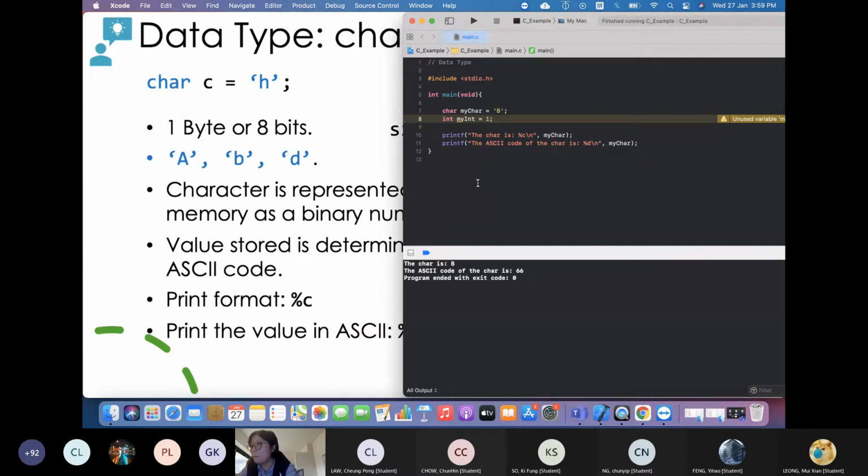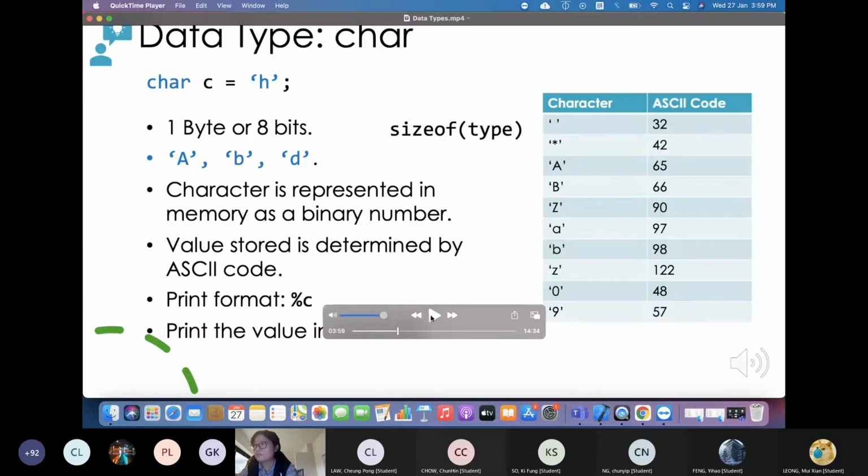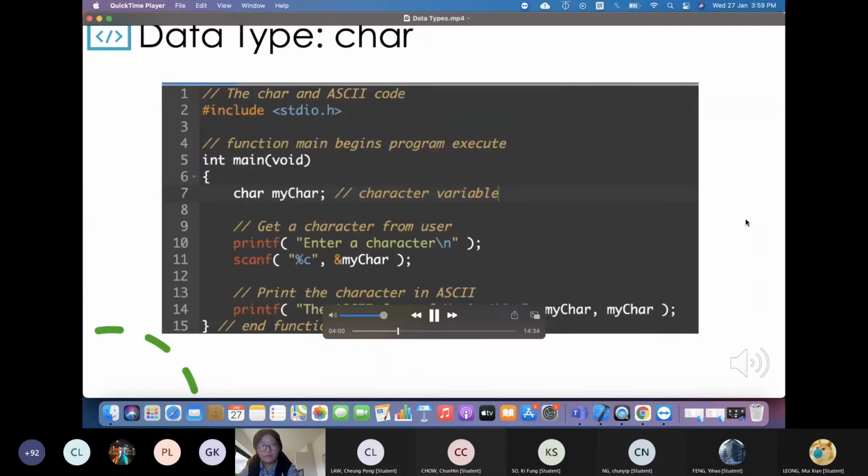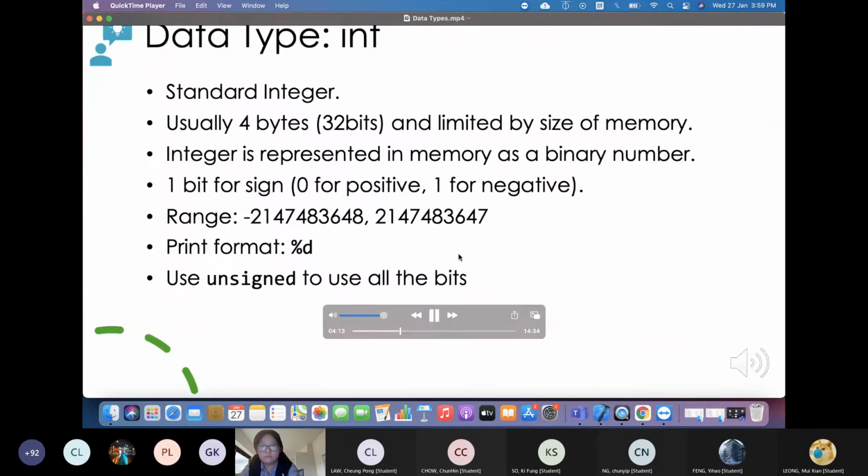If no more questions, we will continue. We will write a program and see the ASCII codes for the characters. Let's do the experiment. We have shown these examples. Next,